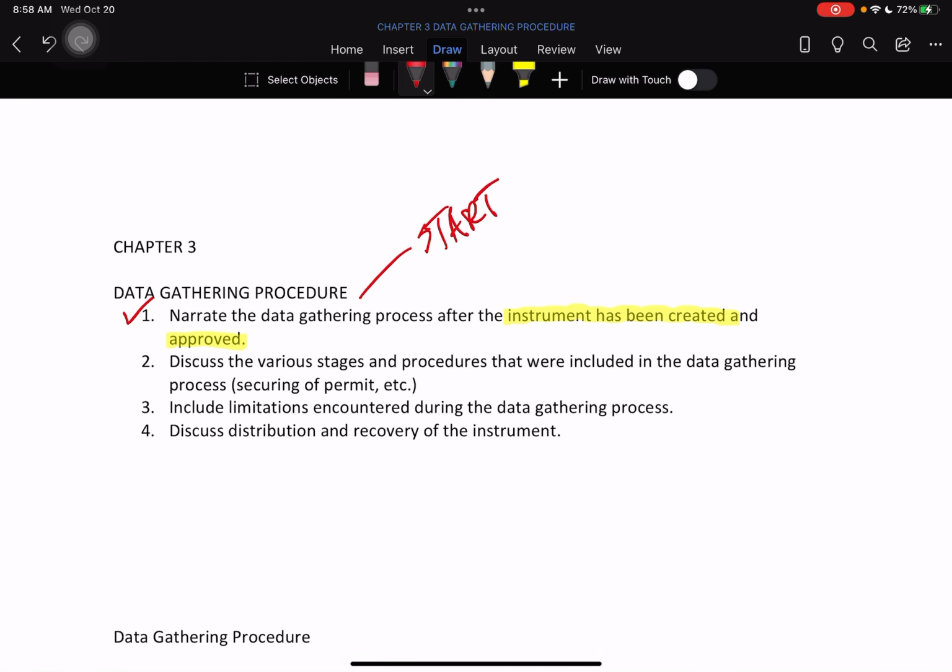So number 2, discuss the various stages. Ano yung unang stage na ginawa ninyo after the instrument has been approved? What were the procedures that you followed? And then, what were included in the data gathering procedure? So, example of this is, nag-secure ba kayo ng permit bago kayo mag-distribute ng instrument? Sino yung nilapitan ninyo? Anong department, anong position? And then discuss how did you go through the process of applying for a permit to gather data in that